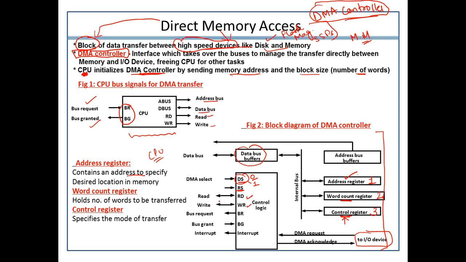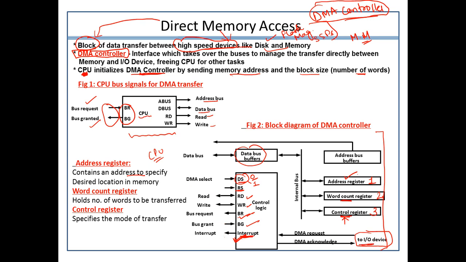Then there is read and write. Read and write will be in two ways: we need to read and write either into the DMA itself or into the main memory. This is the same bus request and bus grant signal coming from the DMA to the CPU, as I was explaining. Whenever any bus request signal is sent, it is always taken as an interrupt by the processor, so an interrupt signal will also be originated.